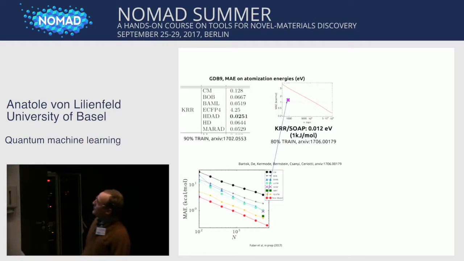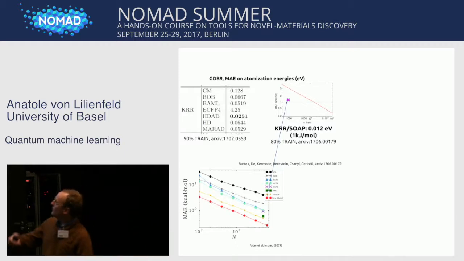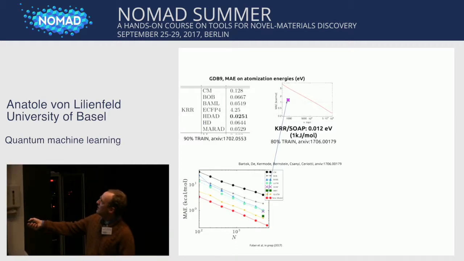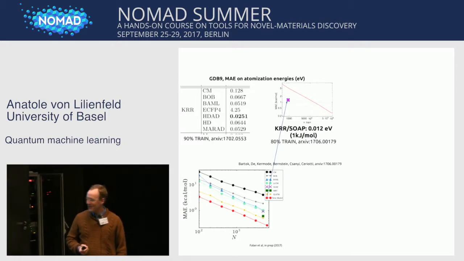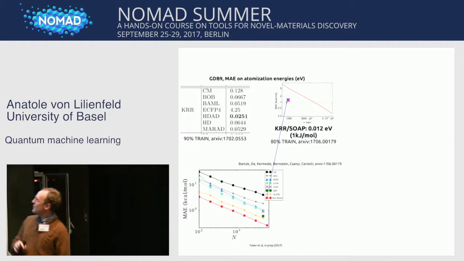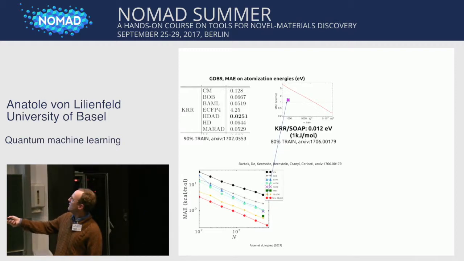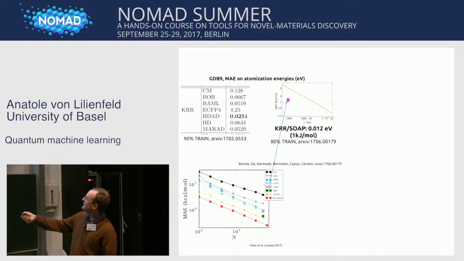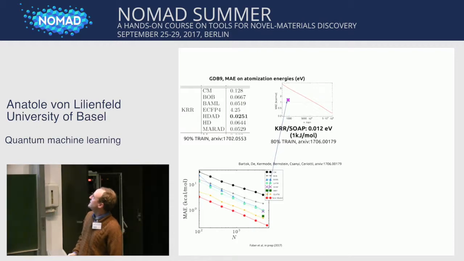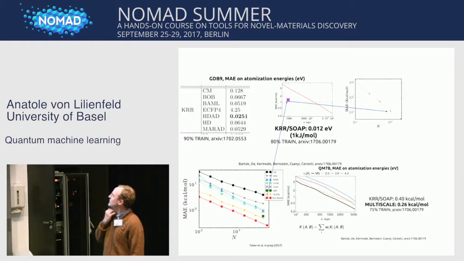And now we recently, so we've been working on improving our model away from this BAML towards something with fewer parameters, again following the Occam's razor philosophy, but possibly with better physics. So this is this new model, and this is shown here for a small data set. But if you apply it to the big data set, it's sitting right here. And we can also make a learning curve, which looks like this.